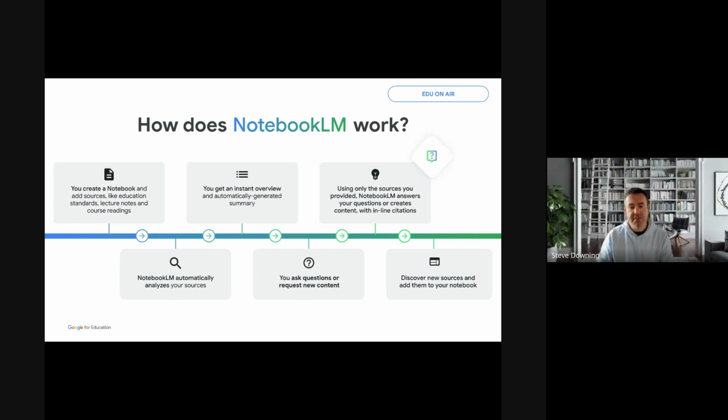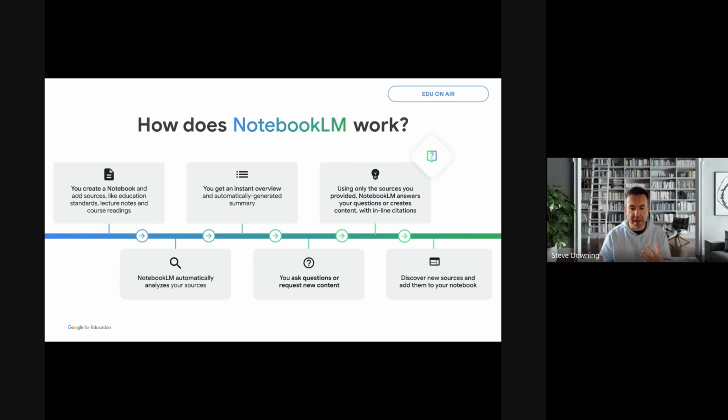And then it says you'll get an instant overview. It depends on the sources that you give it. If you give it a particularly long PDF, instant is going to be measured in a few minutes. If it's a one-page PDF, it may feel instantaneous. And then you can ask questions or request content to be generated based off those sources. And again, there are limitations, and I can provide details at the end of how many sources and how large